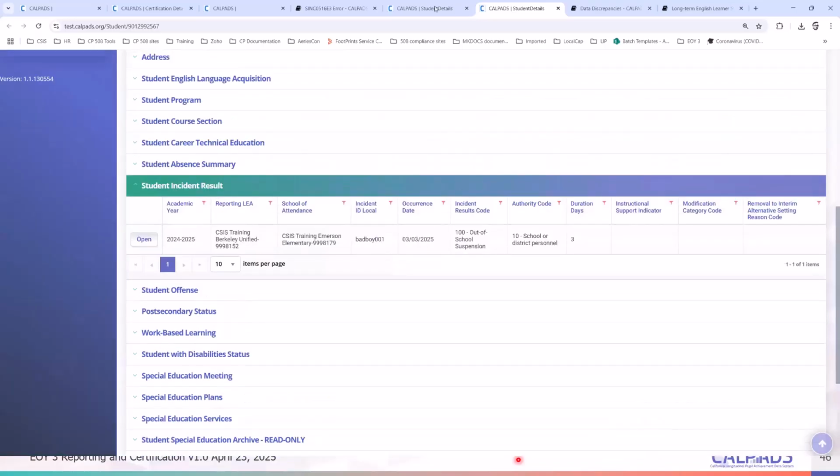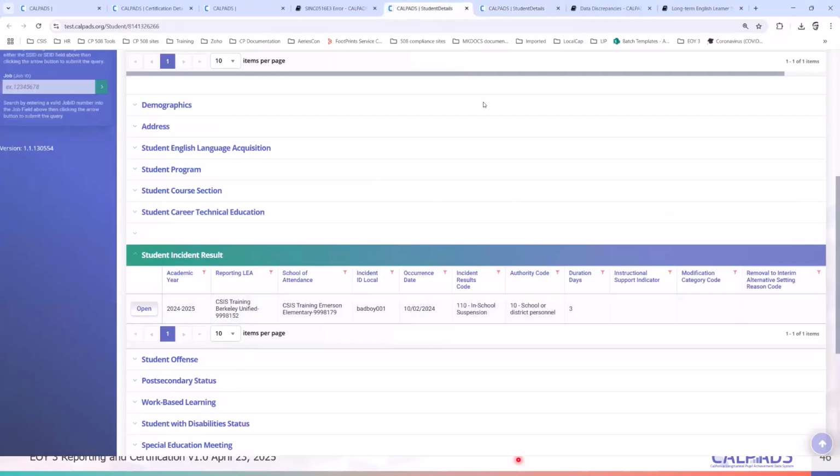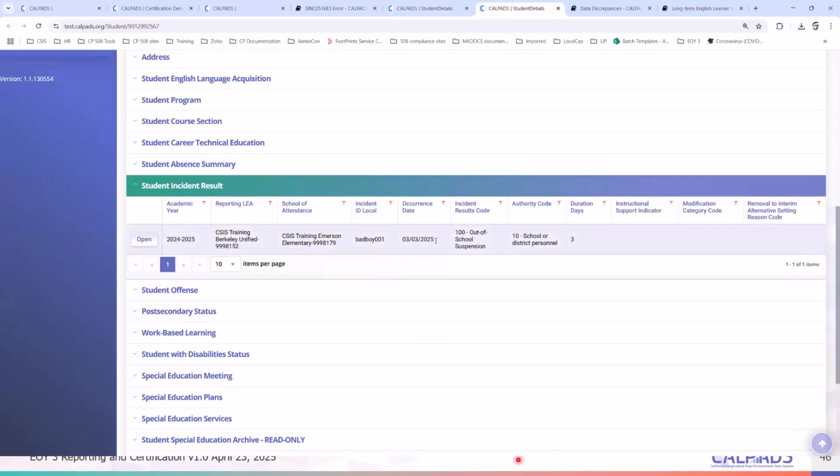So see how these two are sharing the incident ID local, the same school, right? But look at the occurrence date. One is 10/2/2024, Census Day this year, while the other is March 3, 2025.